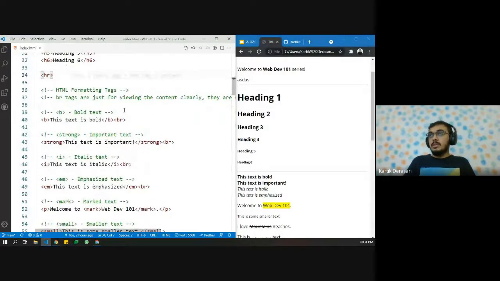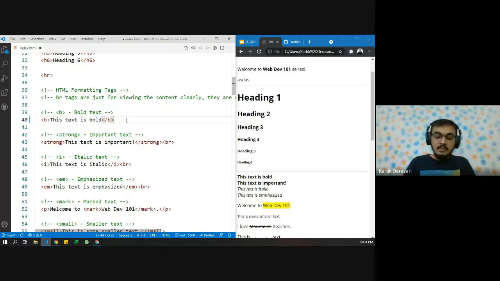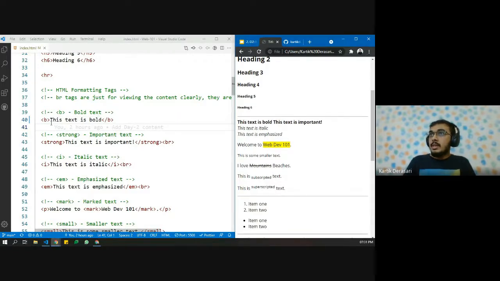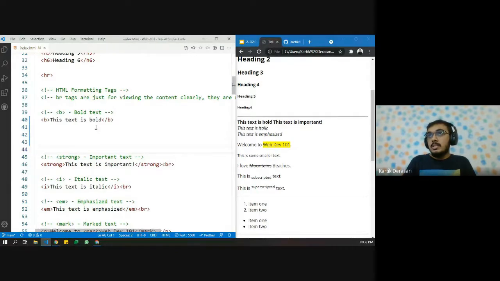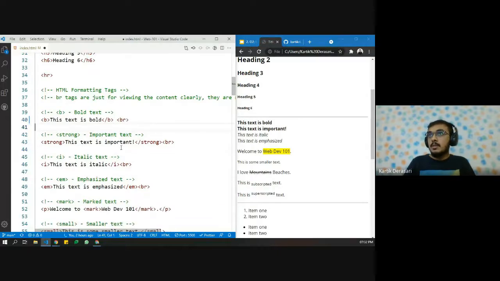Now coming down to HTML formatting tags. So here also we can see the example of block and inline level elements. So if I save this, then even if we have written this on a different line, even if we leave 5 spaces, then also this will be side by side. So that is why we are going to use br tag, and we want it to be on the next line. And all these are inline elements.